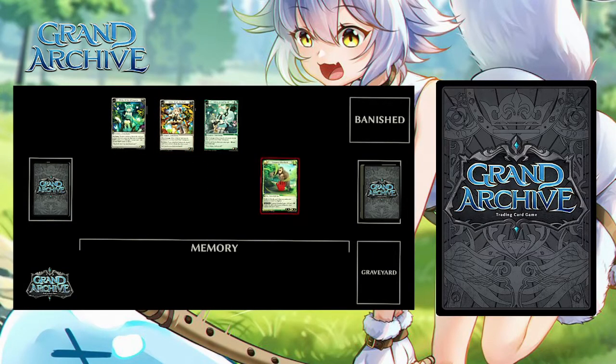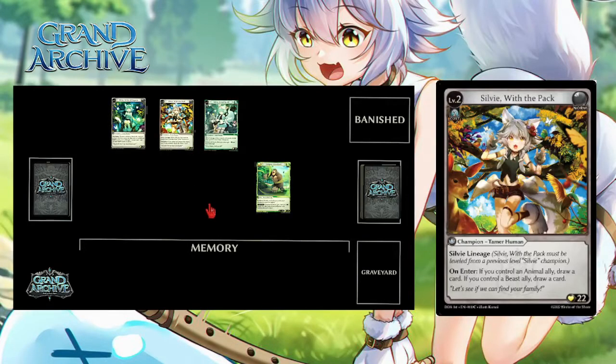Her level 2 lets you draw cards, which is obviously pretty good. It pays off faster than some of the other ones. If you look at the Rye package, his level 2 makes it so that every time you play a spell, you gain like a third of a card. But when Sylvie level 2 comes in, she can potentially draw you straight up 2 cards, but it's pretty hard because you need to have